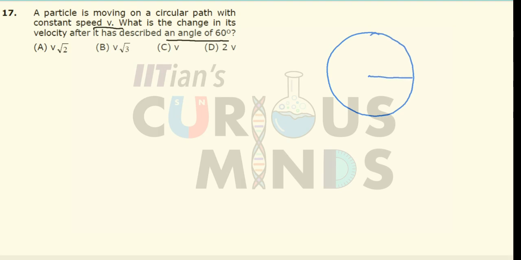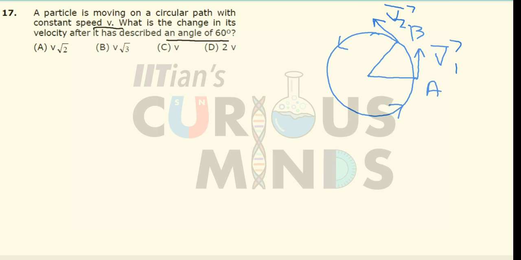Let us say it starts from this position, let us say A, and it moves in the anti-clockwise direction and it reaches point B over here. The velocity at A will be tangential in this direction and the velocity at B will be tangential to this. Now the direction of the velocity is changing. Let this be v1 vector, let this be v2. The direction is changing over here, but I can say that the magnitude remains same because it is